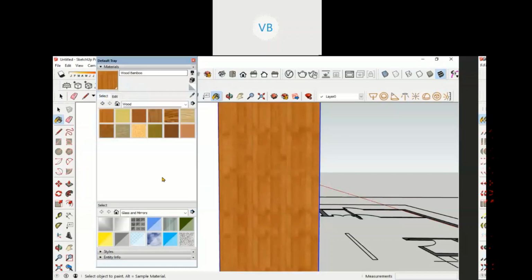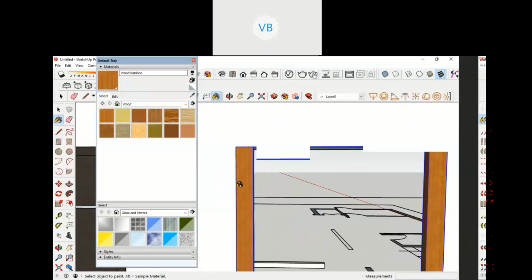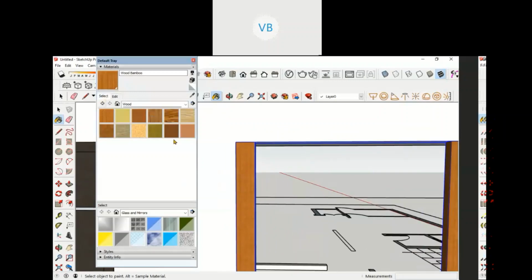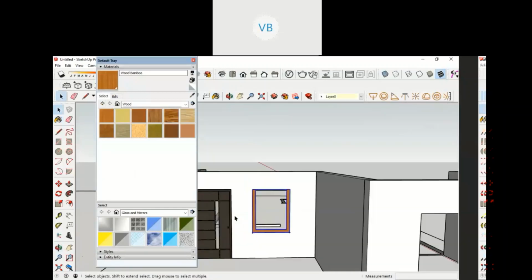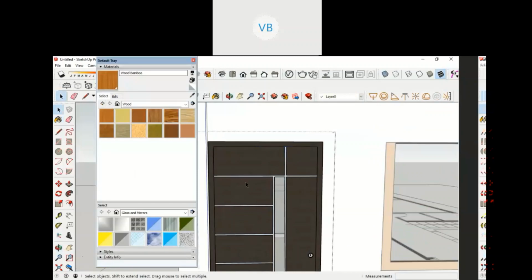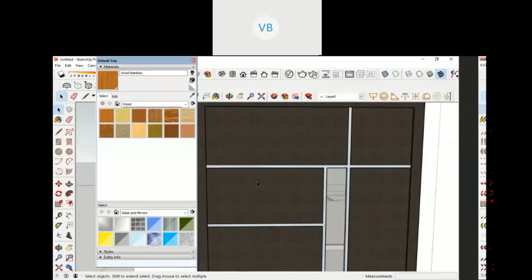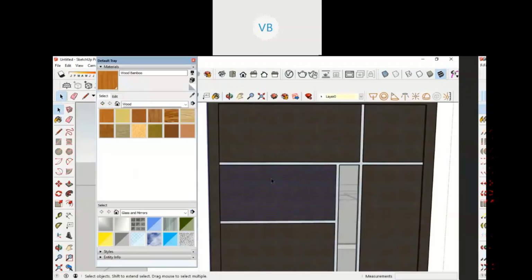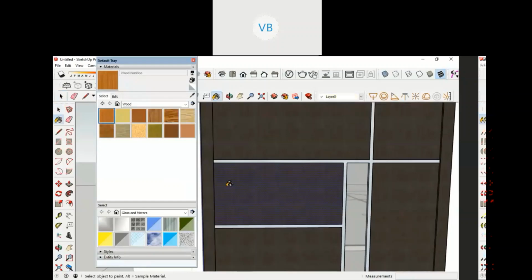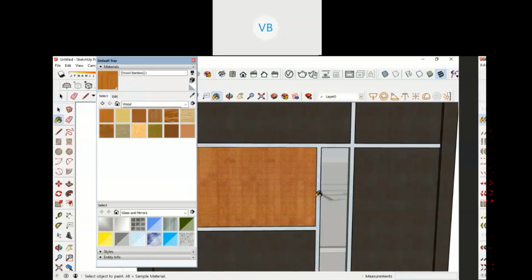Okay, I can select different materials and then apply. For example, దీంట్లో I want to change this thing, I want to change only this portion, then select only that portion, select that material and apply, only that portion gets selected.